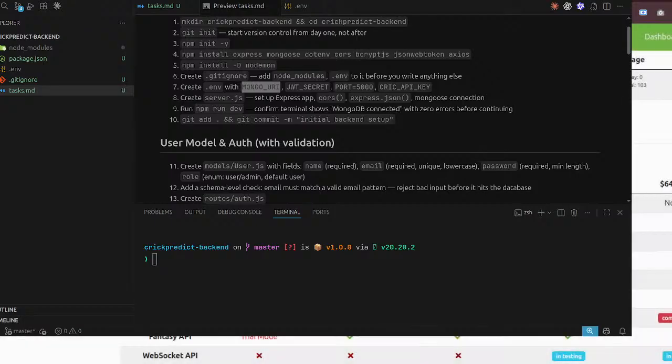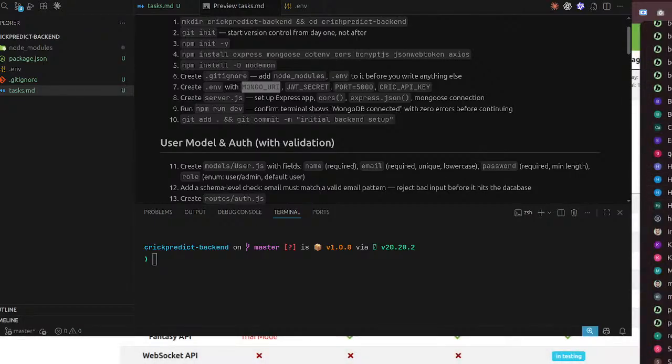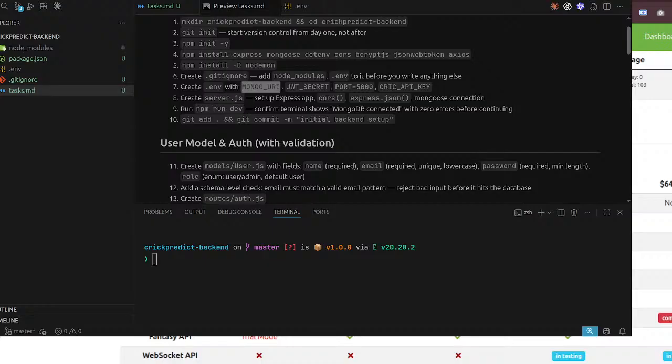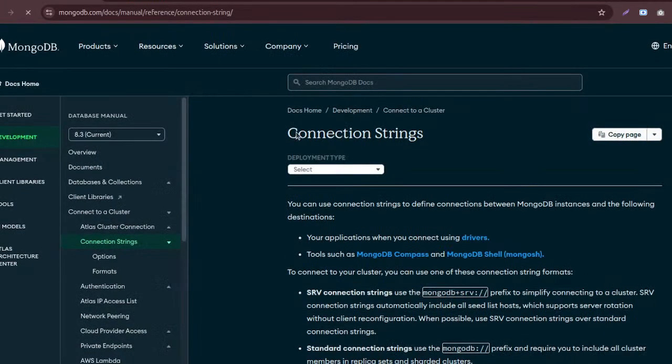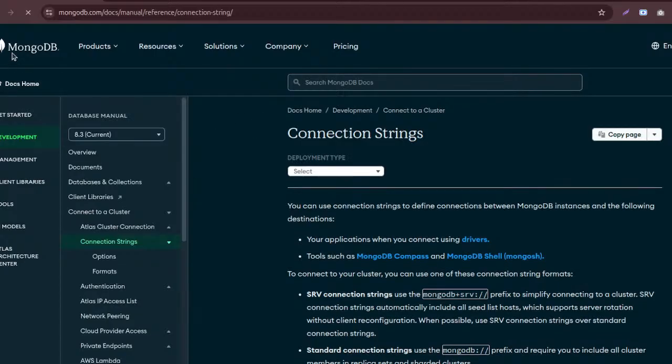Okay, I think I should make a new MongoDB connection string. Let me show you the screen. Okay, this is the MongoDB site.